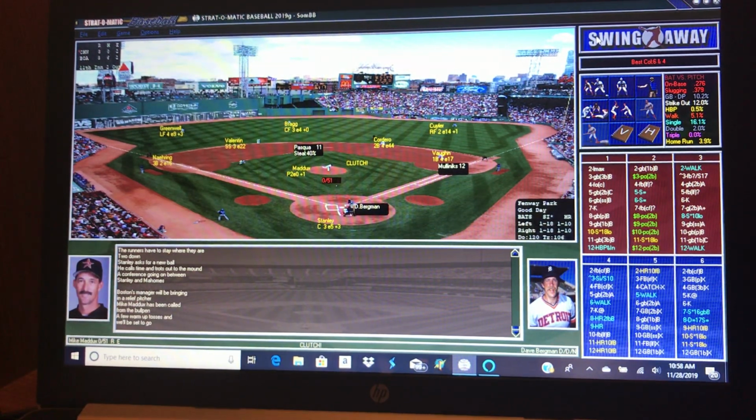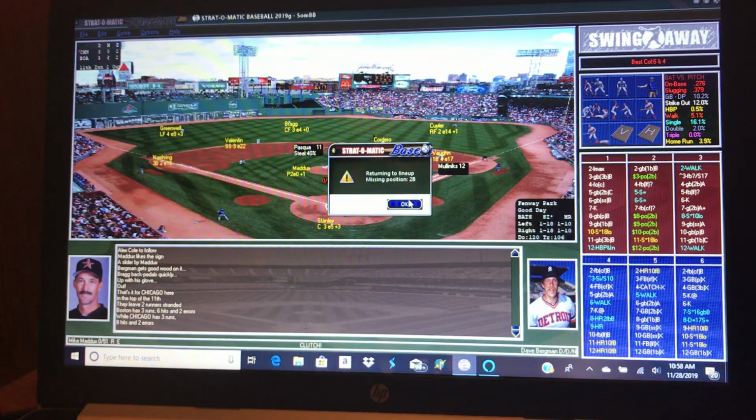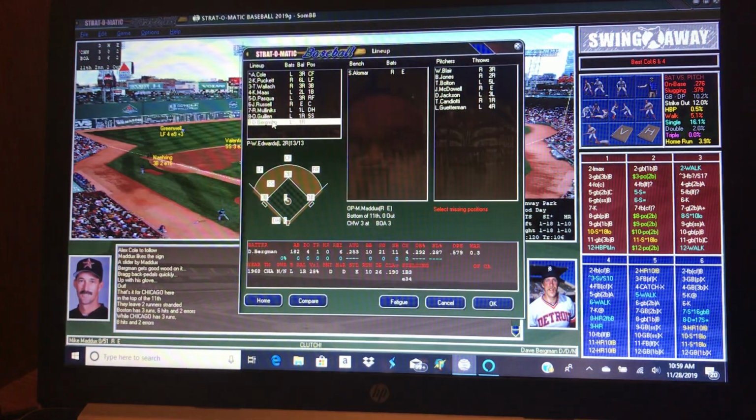And now he brings in Mike Maddox, who's a righty, who's an even righty. All right, well, I'll take that. Bergman is going to fly out. And yes, we have to go to the second base, and we're going to make Bergman the second baseman.